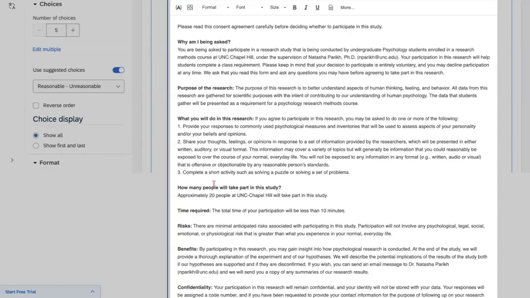And for the most part, you'll want to leave this section alone as is, except for these two parts here that I've highlighted. For the first part, how many people will take part in this study? Dr. Parikh leaves a blank insert statement just so you can put in the amount of people you either expect to take your survey or that you want to take your survey, as well as the location they're in when they take the survey. So for this, I just put approximately 20 people at UNC Chapel Hill will take part